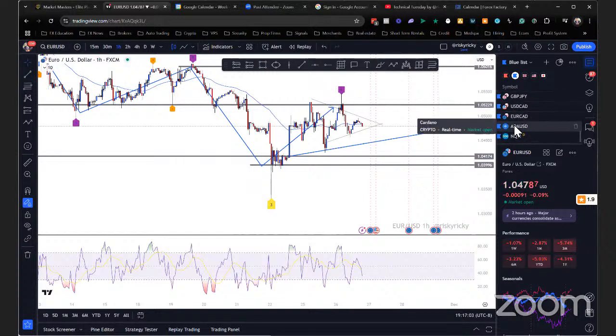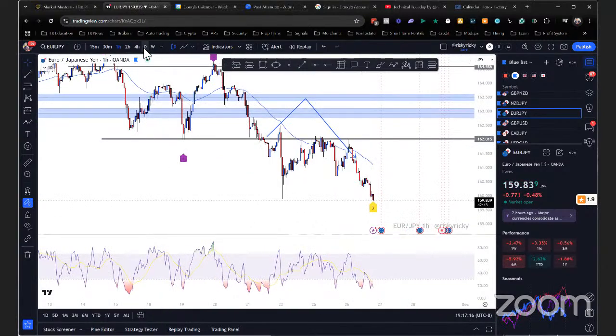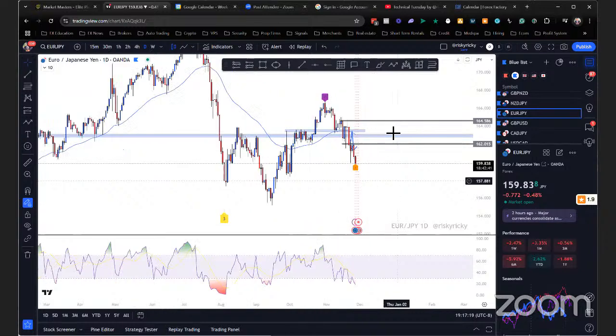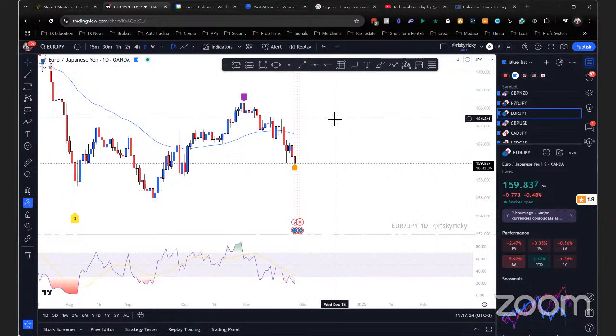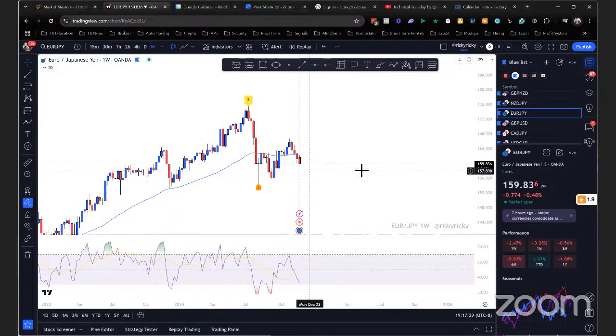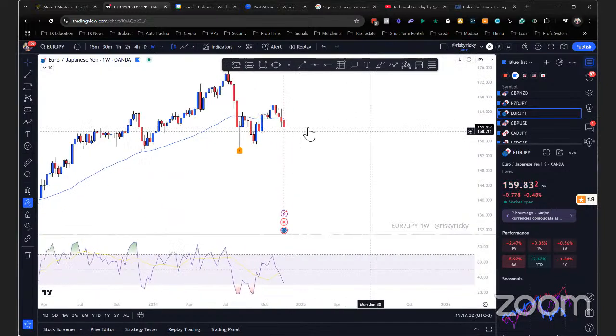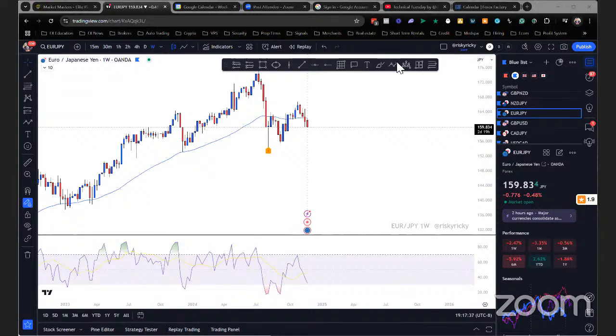So let's go to the next pair here. We'll just aim for all euro pairs for now, just because there's high effects on euro. There's everything. All right, so and again, if there's anything you want me to analyze, just put it in the chat area and I will have a look at this.